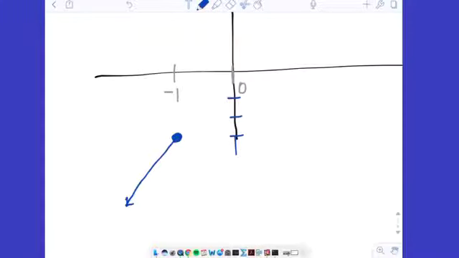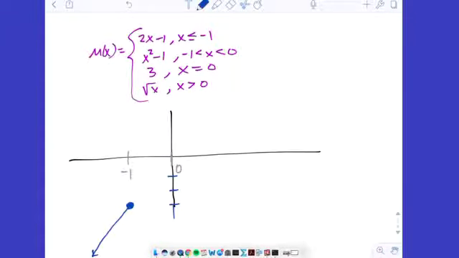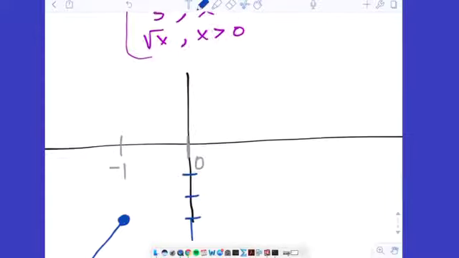All right. That has a positive slope because it goes up from left to right. All right, so far, so good. Now, I want to figure out where the parabola at negative 1 starts. So by direct substitution, I'll plug this negative 1 in here. What's negative 1 squared? 1 minus 1 is 0. So at negative 1, 0, because it's now x is strictly greater than negative 1, I'm putting an open circle